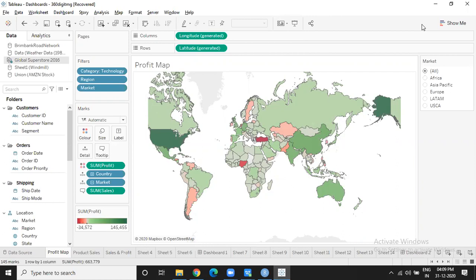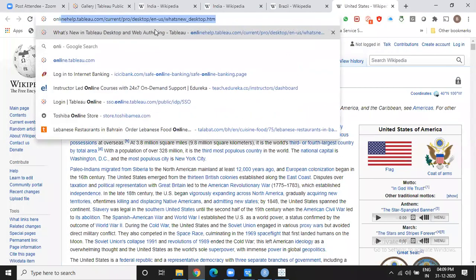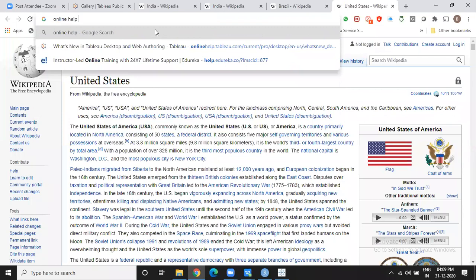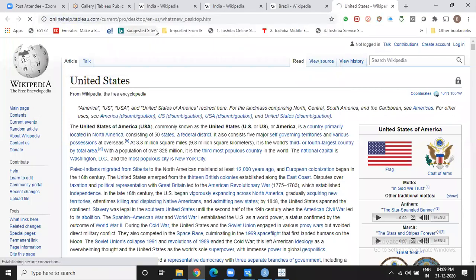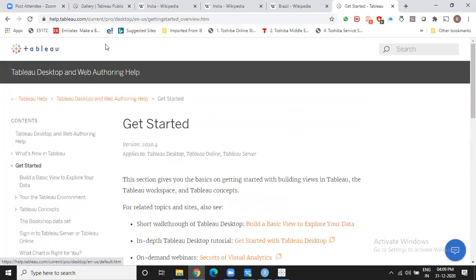Best resources or books for Tableau online. So there is Tableau online repository, Tableau online help, which is like one-stop shop. It's like a complete guide to Tableau. Here you will get a lot of information. In fact, we get everything about Tableau from here. This is one place. Another thing is there is one book called Complete Reference.